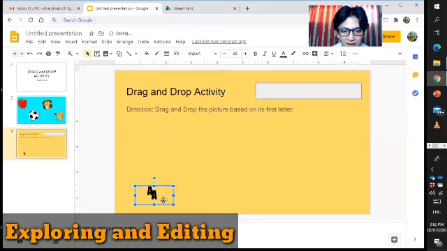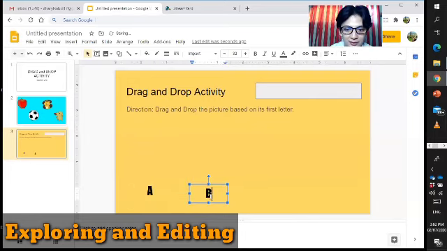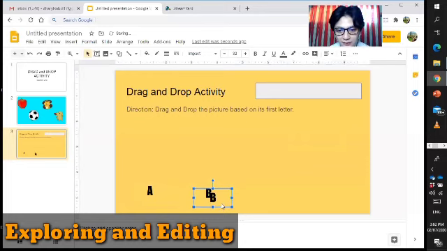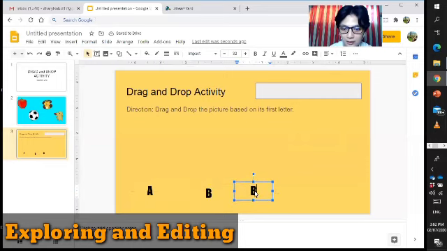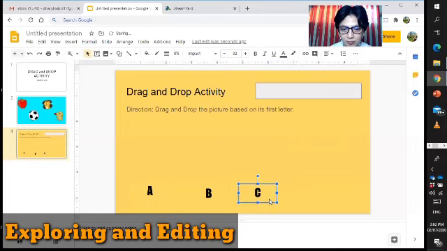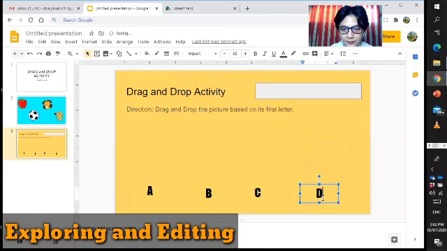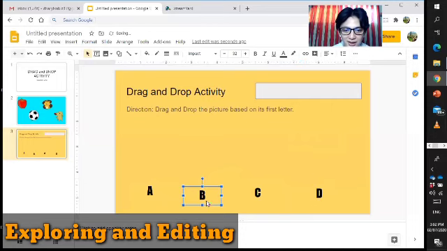Okay. Just copy, paste. Letter B. Copy and paste is also the same. It's like Control C and then Control V. And then C. And then we have letter D. Okay, so here we go. We have A, B, C, D, and